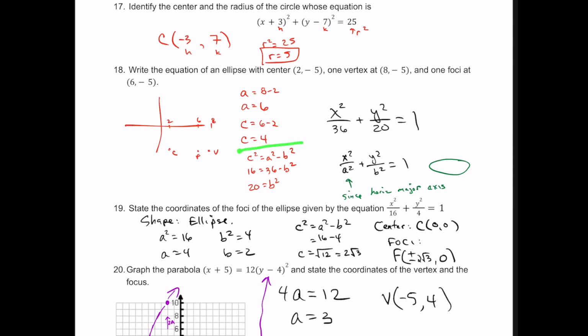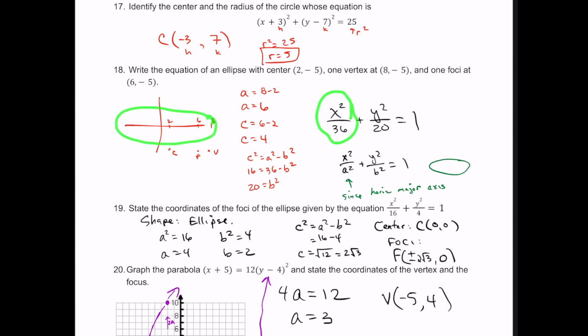Well, you have to use the formula that's in your notes, A squared minus B squared equals C squared, when you're working with an ellipse. So 36 minus something squared is 16. B squared is 20. Now, when you set up the equation, since this is clearly a left-right ellipse, we need